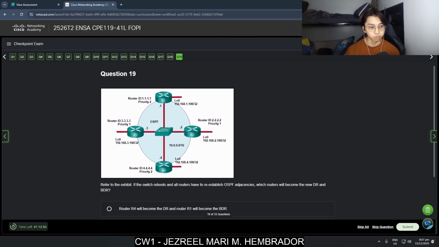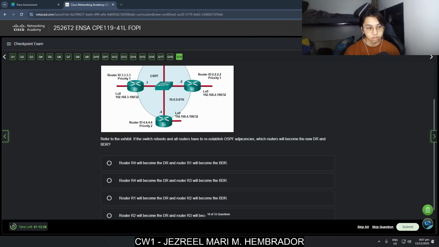Refer to the exhibit. If the switch reboots and all routers have to reestablish OSPF adjacencies, which routers will become the new DR and BDR? Router R4 will become the DR and router R1 will become the BDR.